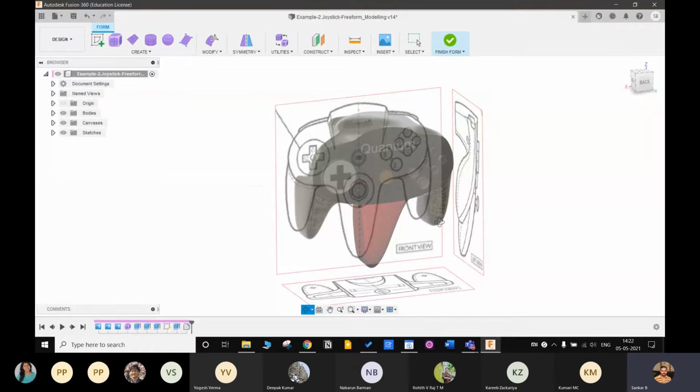I created a box and located it at the center.